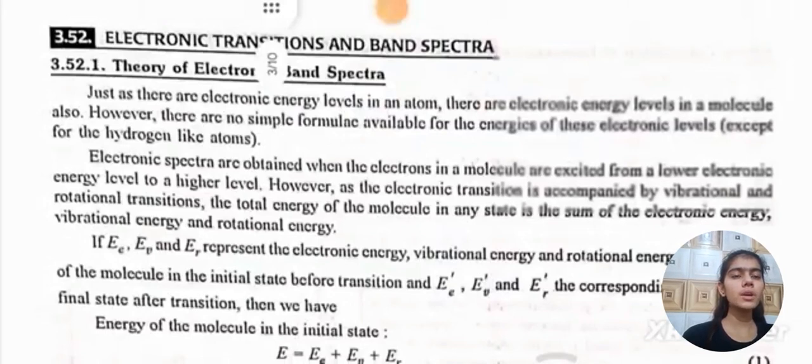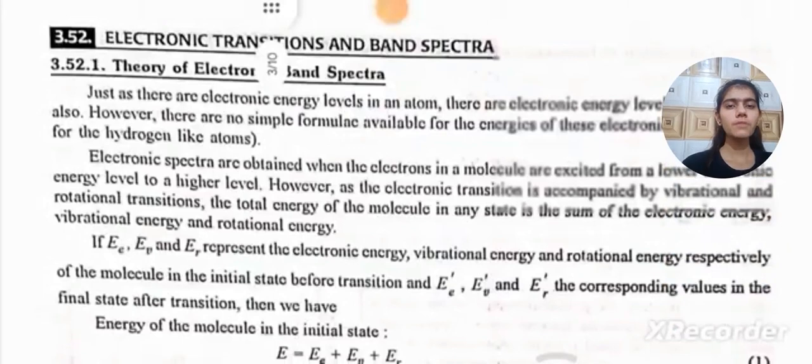However, as the electronic transition is accompanied by vibrational and rotational transitions, the total energy of the molecule in any state is the sum of electronic, vibrational and rotational energy. If E_e, E_v and E_r represent the electronic energy, vibrational energy and rotational energy respectively of the molecule in the initial state before transition, and E_e', E_v' and E_r' are the corresponding values in the final state after transition, then we have